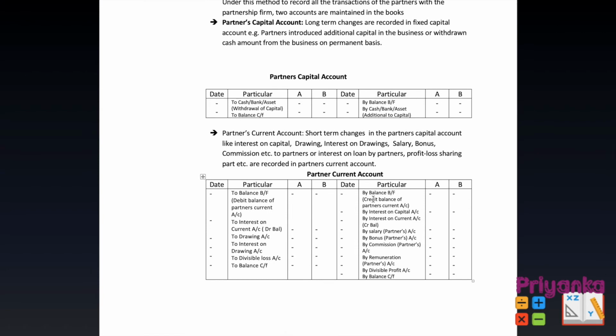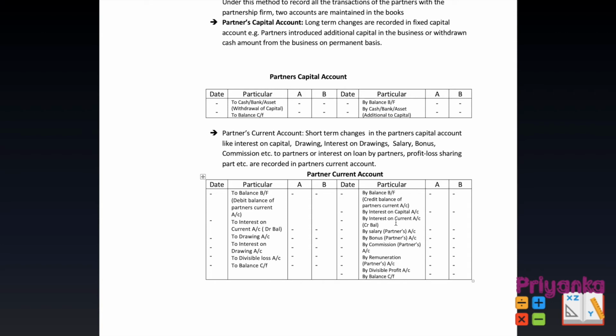If we go in detail, you will find it is very similar to the partner's capital account which we saw in the fluctuating method. Opening balance: always remember when we are dealing with the current account, balance brought forward wherever the balance is given in the question will be written over here. As I already displayed, the credit balance of the partner's current account will be written on the credit side of the partner's current account. Even the interest on capital will be calculated and recorded in the partner's current account when we are dealing with the fixed capital account method.